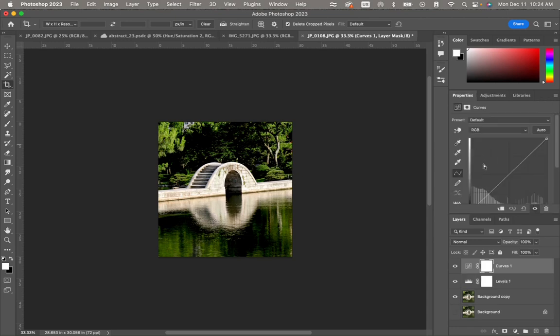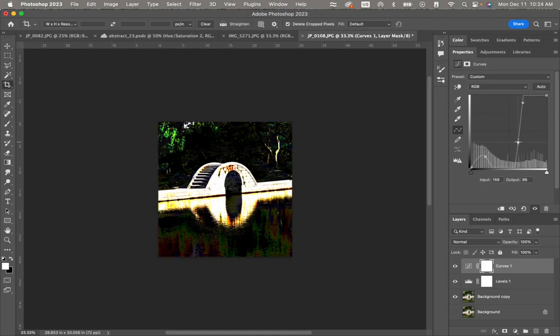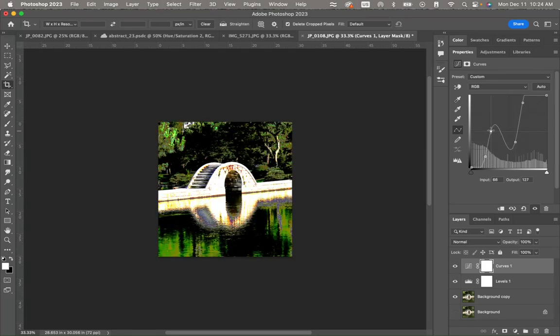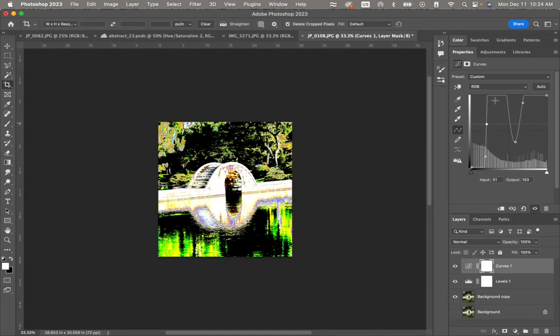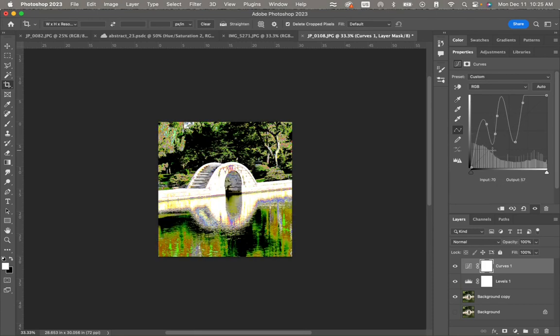Next thing I'm going to do is curves. So in the past, close color so I can see it more. In the past, we do just a simple S curve to make it look more like reality. This time we can move the curves any way we want. We can put as many dots. When you start inverting these colors and making this graph go up and down, you get a really nice